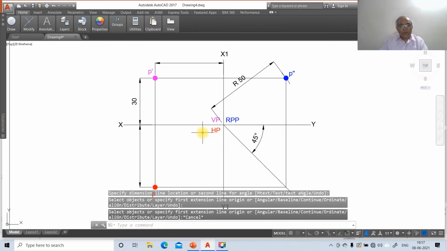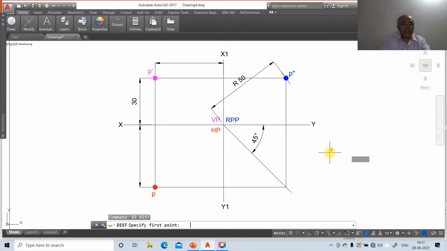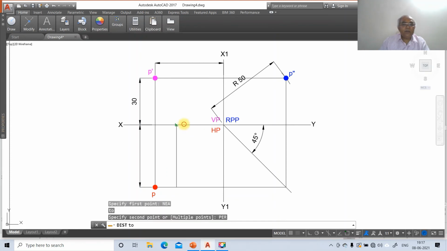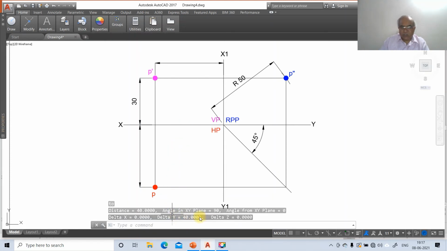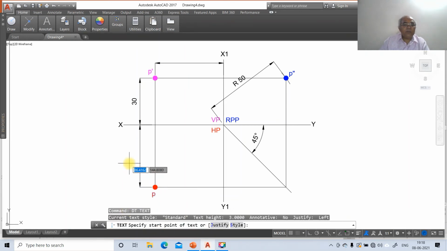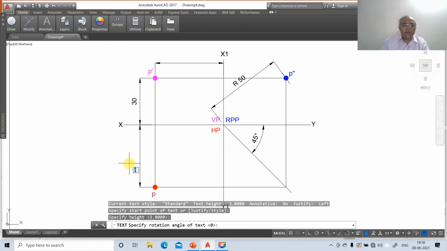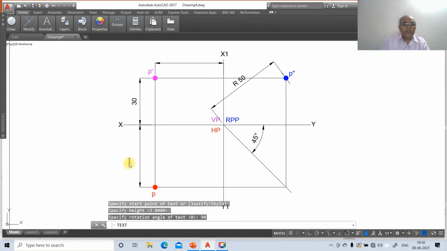If you want, there is one more method wherein we go for distance, check the dimension nearest to this and then perpendicular to this. So here we will get the distance as 40.00. So now we are going to write the D text. Take height as 3, rotation angle as 90, then type L equals question mark.